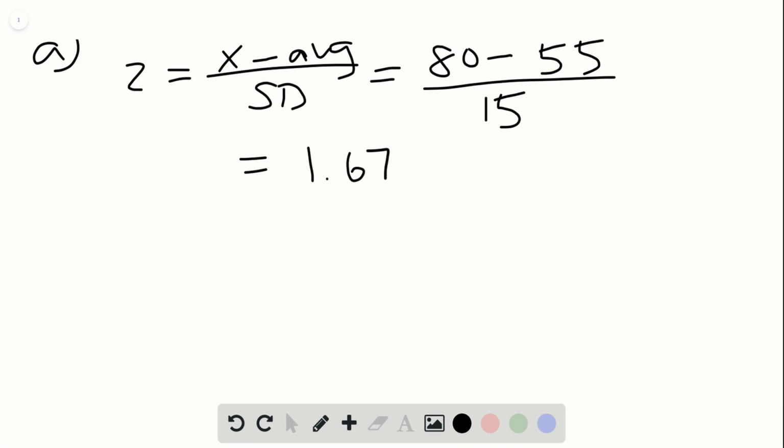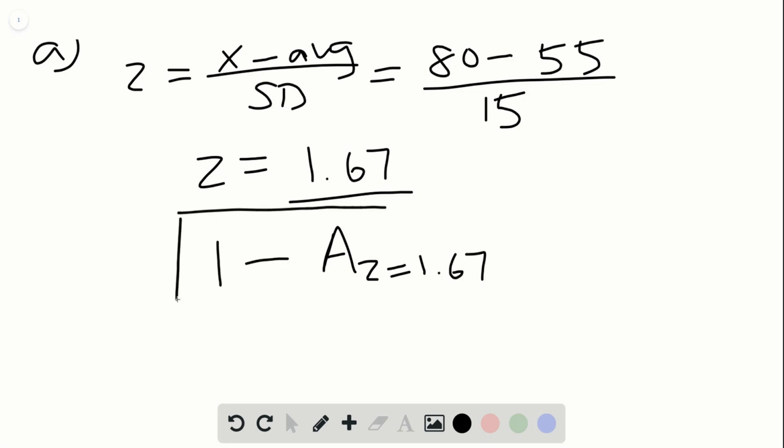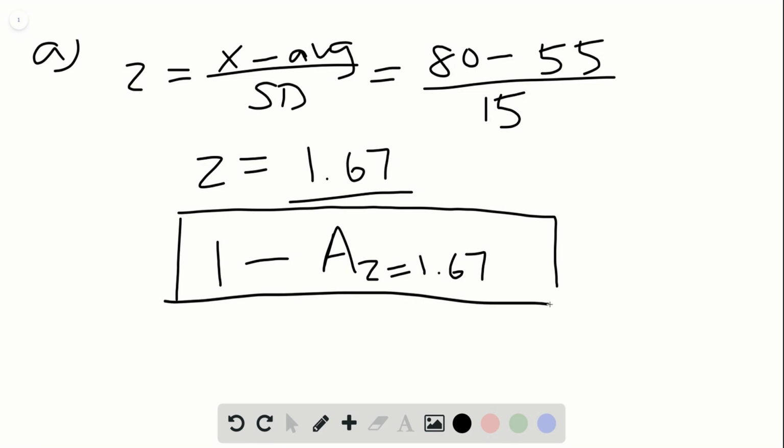So to find the percentage of students who scored above 80, we need to find the area on the standard normal distribution curve that's above 1.67. So you can take a standardized normal distribution curve chart and find the area below z equals 1.67 and subtract that from 1, and that'll give you the area above z equals 1.67. Or you can use, if you have a TI